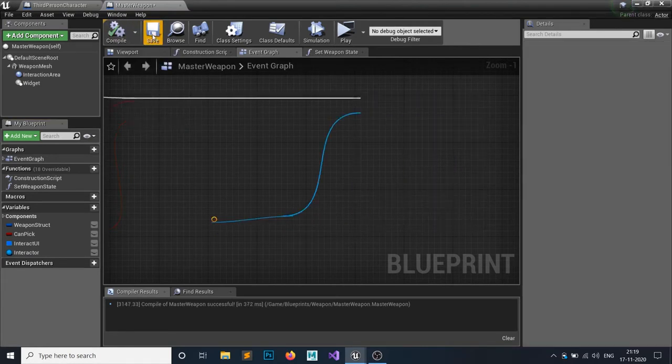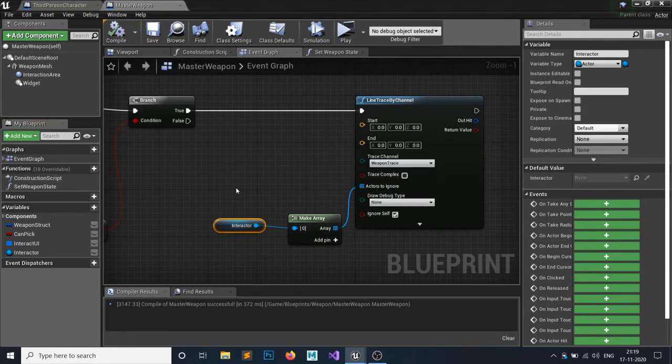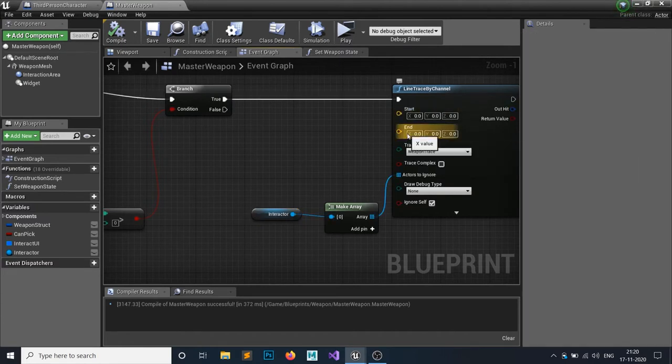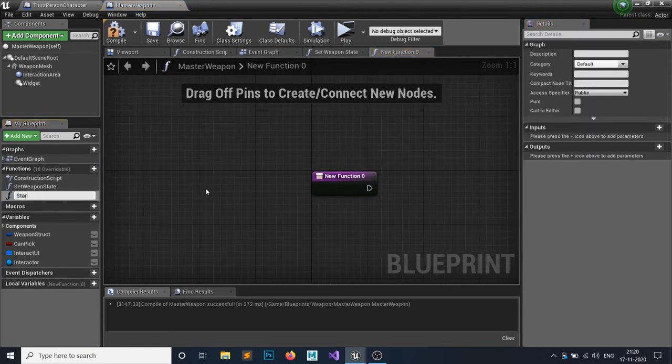Now what I need to do is start a trace from a starting point and an ending point, right? So let's define this starting point and ending point. For that, I will create a function called start and end point. Hit compile.